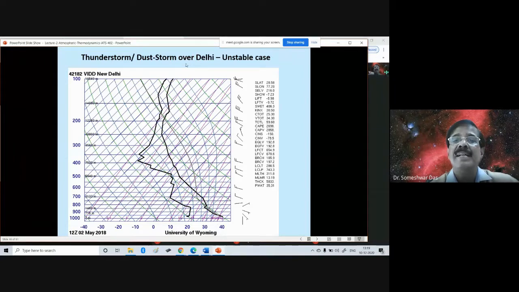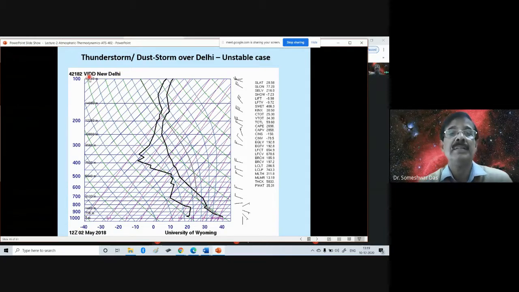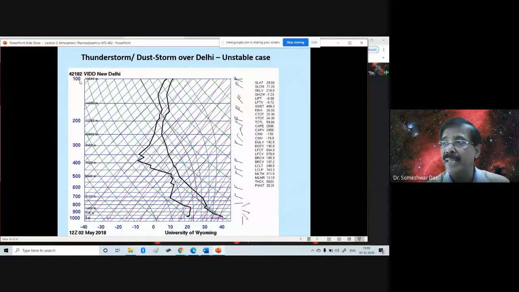Now at Delhi, during a thunderstorm and dust storm, these are the observations taken by radiosonde at New Delhi. Now you may be knowing, or you will study later, that every meteorological station all around the world is assigned a station ID. Those things we shall discuss later on, maybe in some other semester. Every meteorological station is assigned an ID. From that ID, we recognize which station it is, from which country it is, etc.